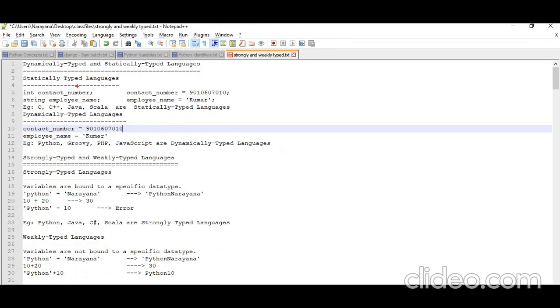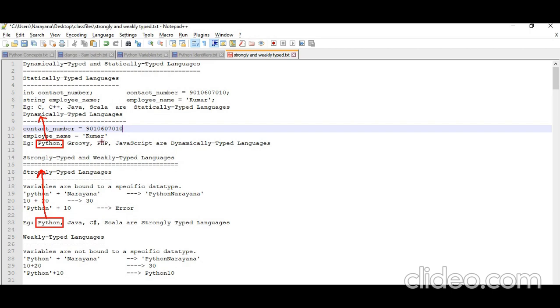Right guys, now where is Python? Just observe here. Python is there under the strongly typed, and Python is also there under the dynamically typed.